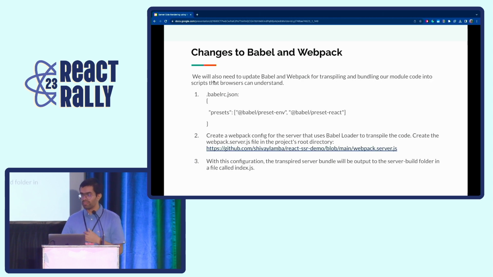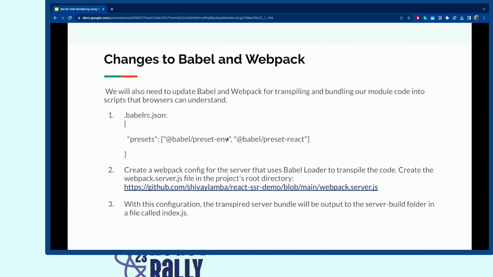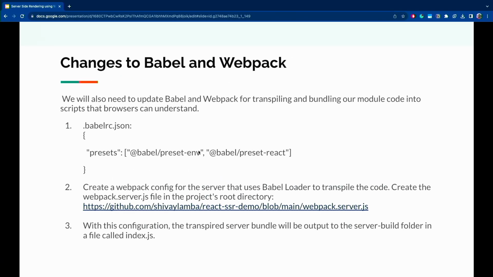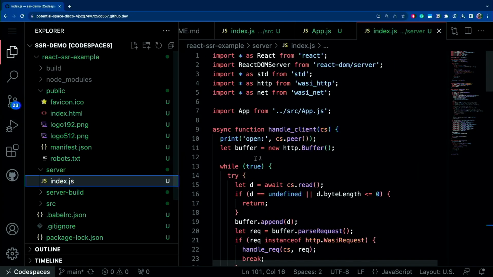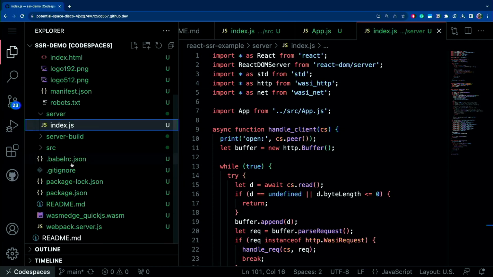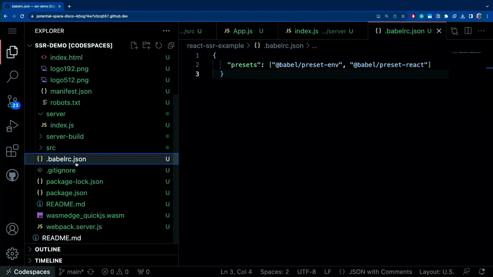And of course, if we want to enable that, we will have to transpile and compile our application with the help of Babel and Webpack. So we'll be making those configurations as well. In order to do those, we will just create two specific files, which you can see. One is the .babelrc.json, which we'll have to configure, and we'll also be creating another file,